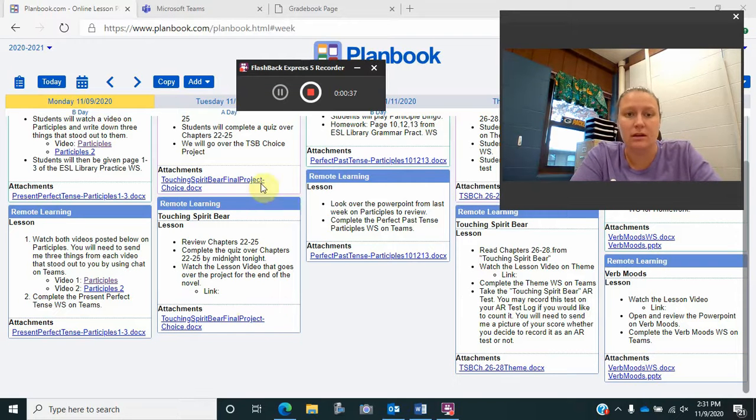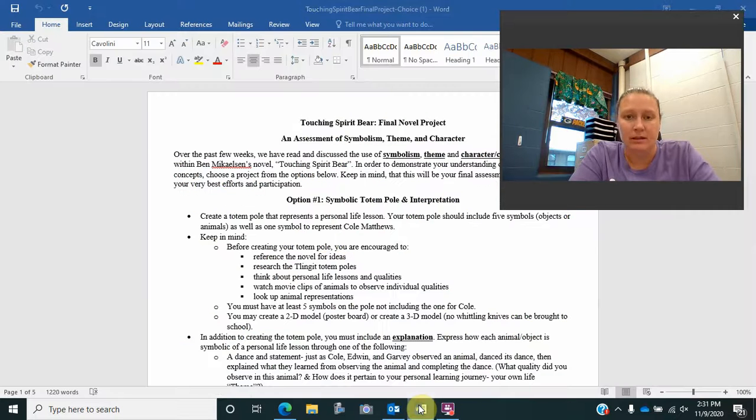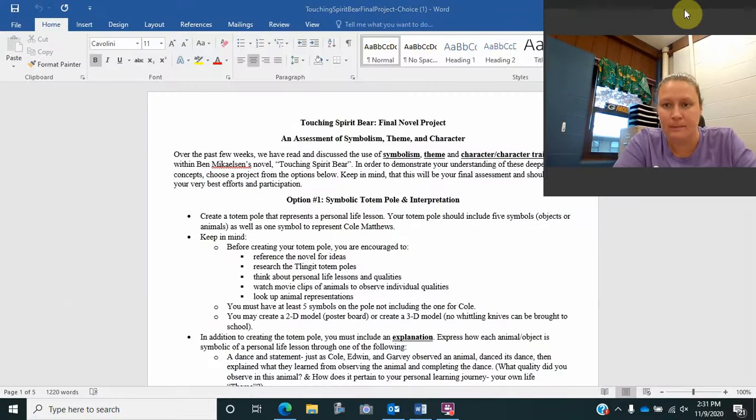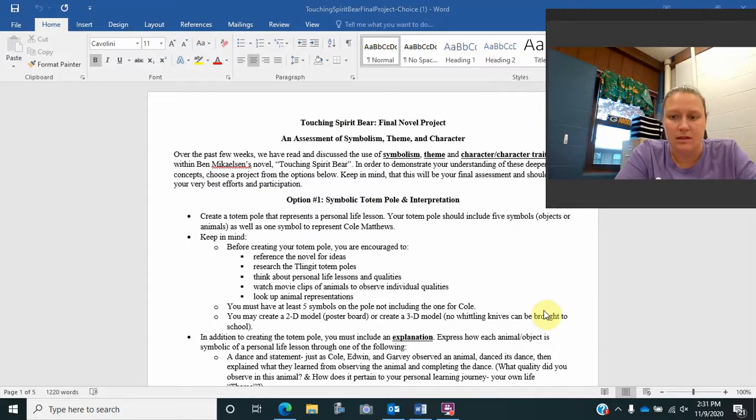So if you go to Planbook and you click on Touching Spirit Bear final project choice, it will open this document up for you. On this document, this will give you 3 different projects you can choose from to complete for the end of